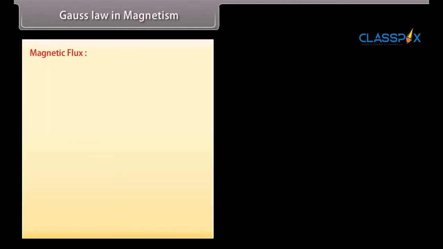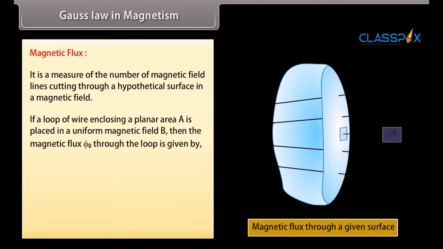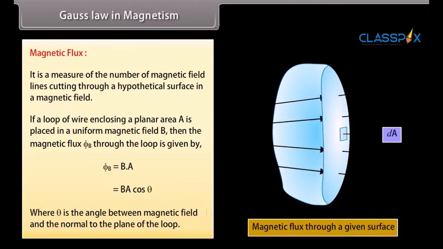Gauss's law in magnetism. Magnetic flux. It is a measure of the number of magnetic field lines cutting through a hypothetical surface in a magnetic field. If a loop of wire enclosing a planar area A is placed in a uniform magnetic field B, then the magnetic flux Phi B through the loop is given by the dot product of B and A, which is equal to BA cos theta,